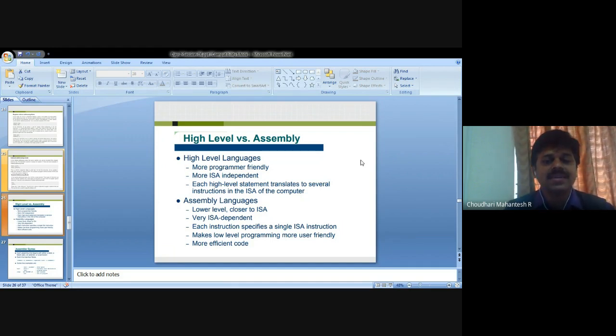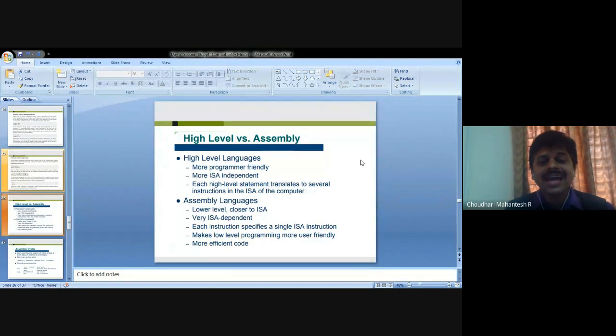Each high-level statement translates to several instructions in the ISA of a computer. That is how we make out the high-level language.